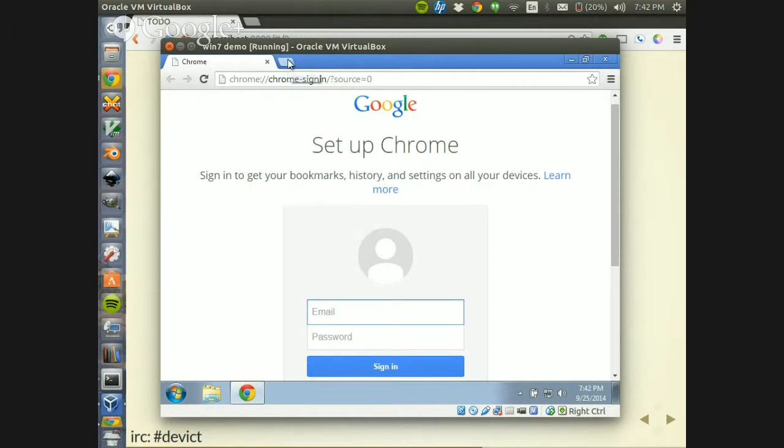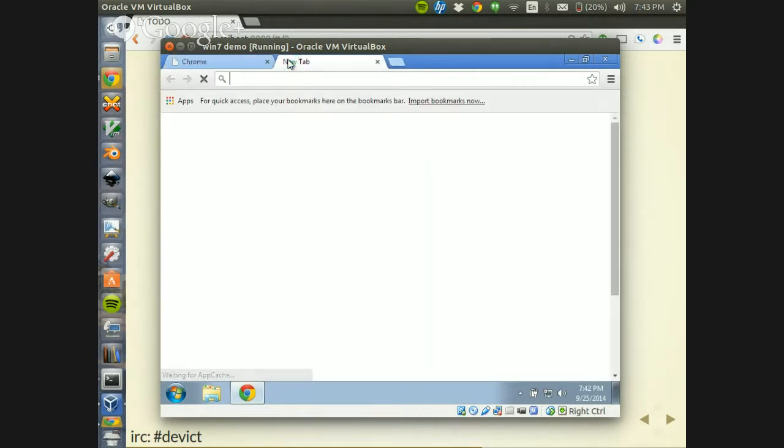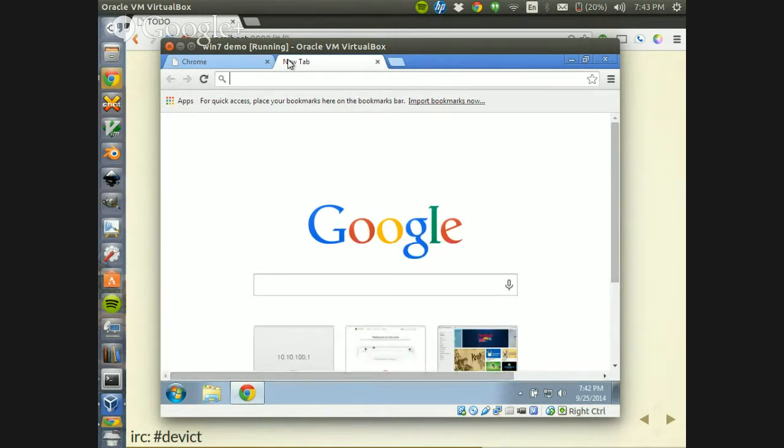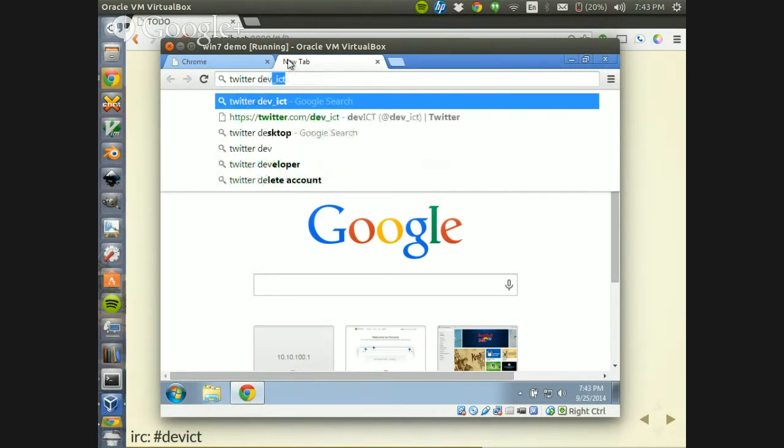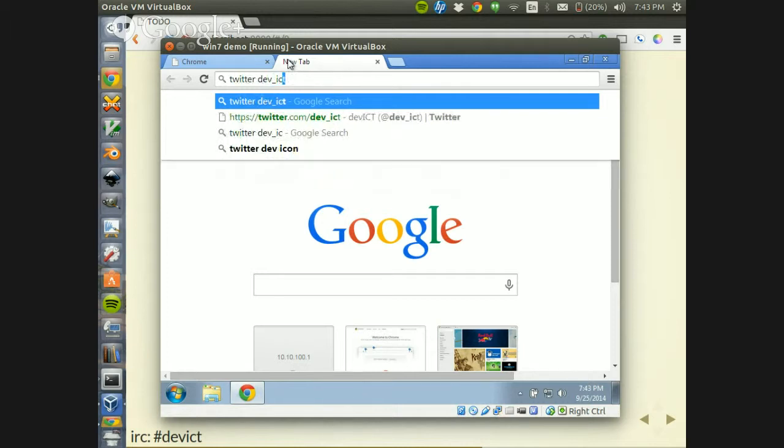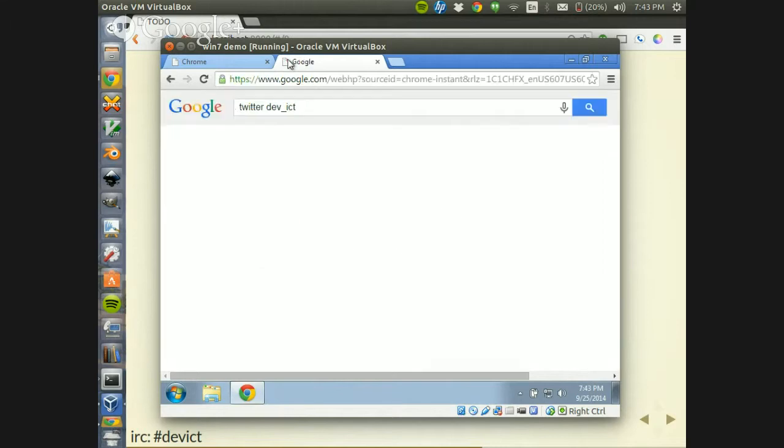So, going to open a new tab. New tab, Google Chrome window, Google Chrome pane, which it's going to tell me. Toolbar, address and search, and it'll just keep going, unless you hit Control or whatever the hotkey might be. I got lucky that I guessed it. So, what do we want to find? Let's find devICT's Twitter, which I have already looked for because I was practicing earlier. So yeah, it talks while you're typing.